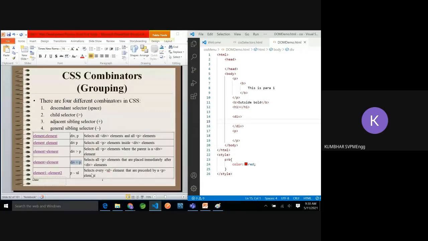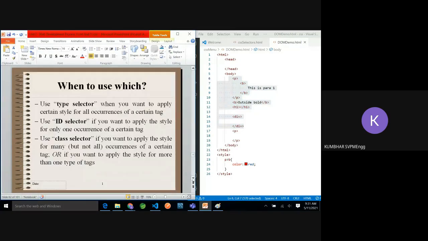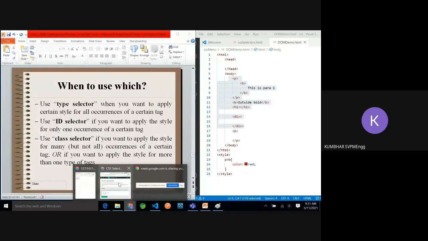It will select every UL element that is preceded by P. If I declare any number of UL elements after P, they will get this style. So these are some examples of grouping, CSS combinators. These are not limited. I have given just a few examples. You have to go and learn many selectors.